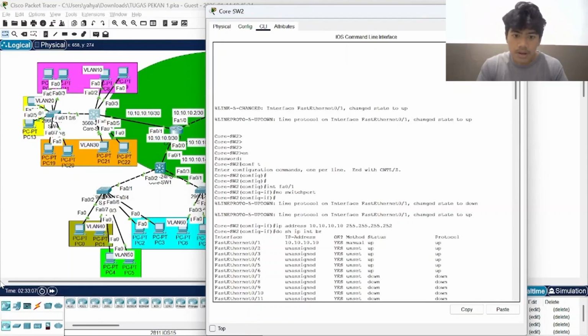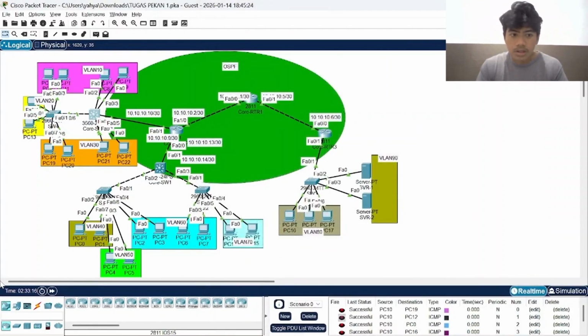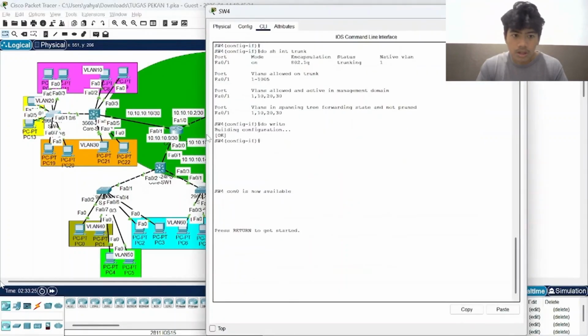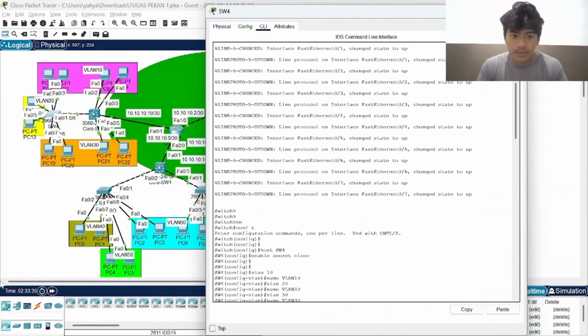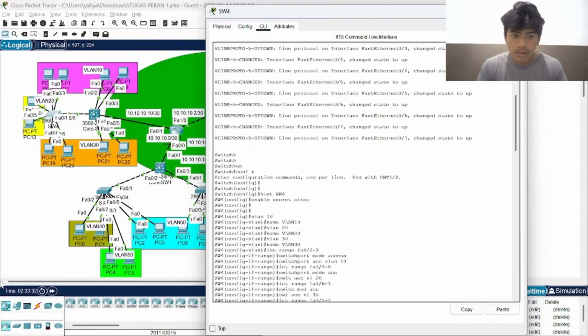This is the configuration. You have to enter interface fast Ethernet 1 and then configure no switchport. I think this is the link to the core switch, I might be wrong. The router on the right, I mean. And then on the switch, you have to configure